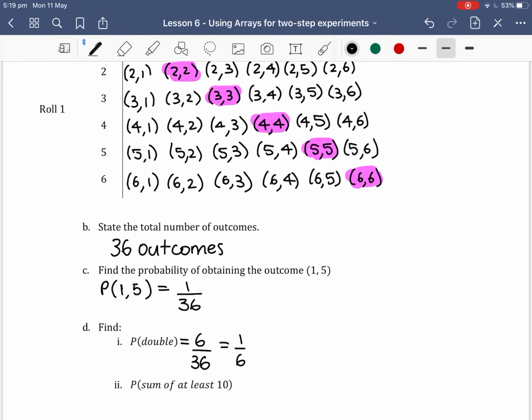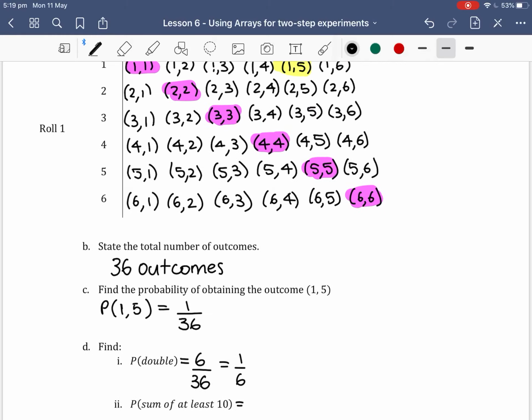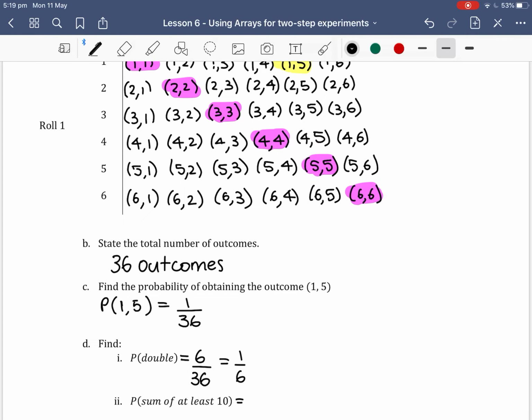Now we want to find the sum of at least 10. So that means we want our outcomes to have a sum of 10 or more. So let's just go in and write our sums in quickly. This has a sum of 12, 11, 10, 9, 8, 7, 6, 7, 8, 9, 10, 11, 10, 9, 8,